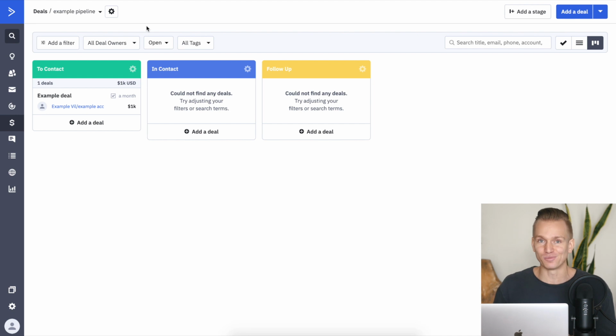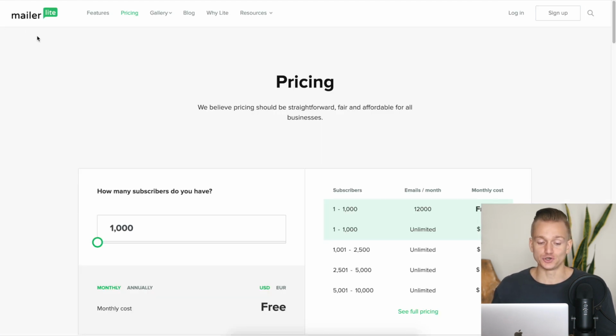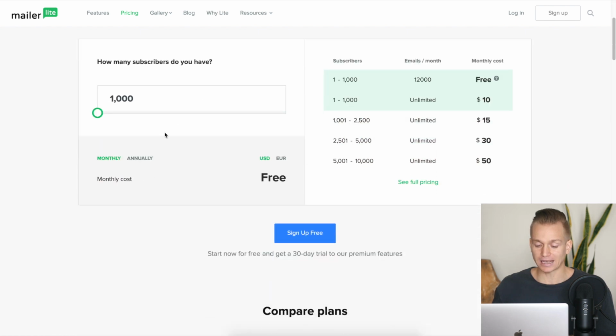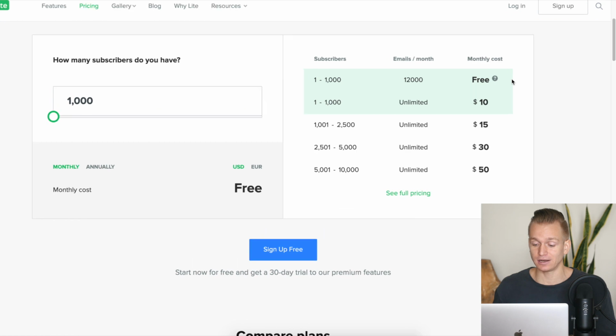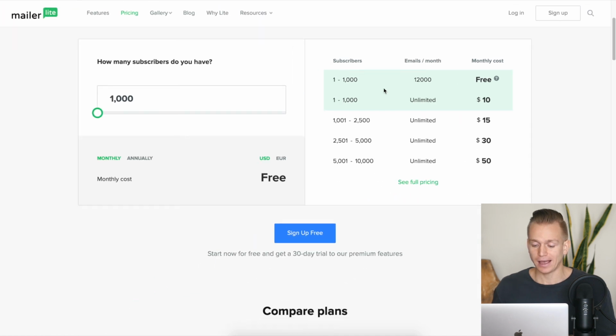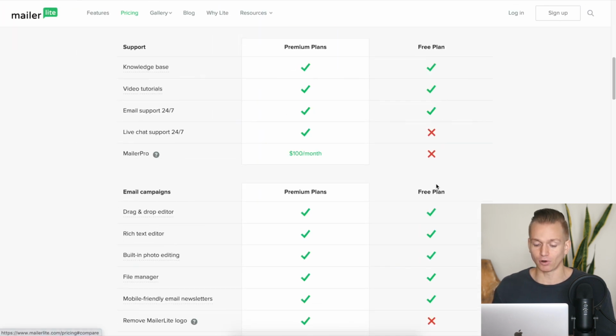All right, so now when it comes to pricing, first of all, MailerLite actually has a completely free plan, so you can get up to 1,000 subscribers completely for free and 12,000 emails per month. And they allow you the vast majority of the features.